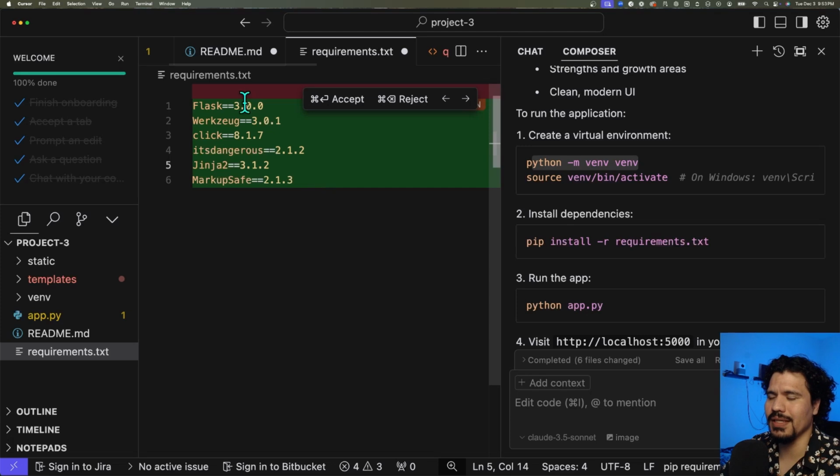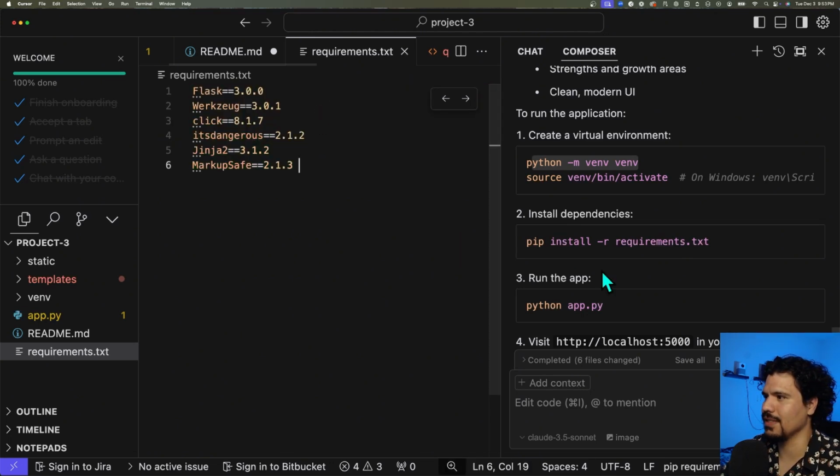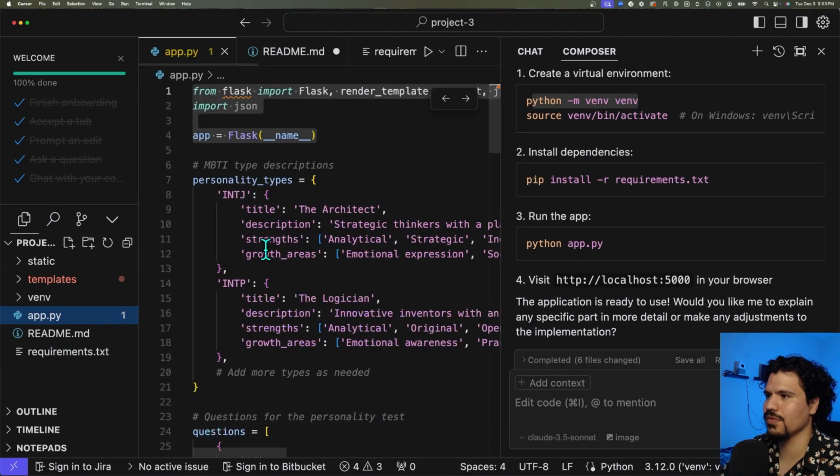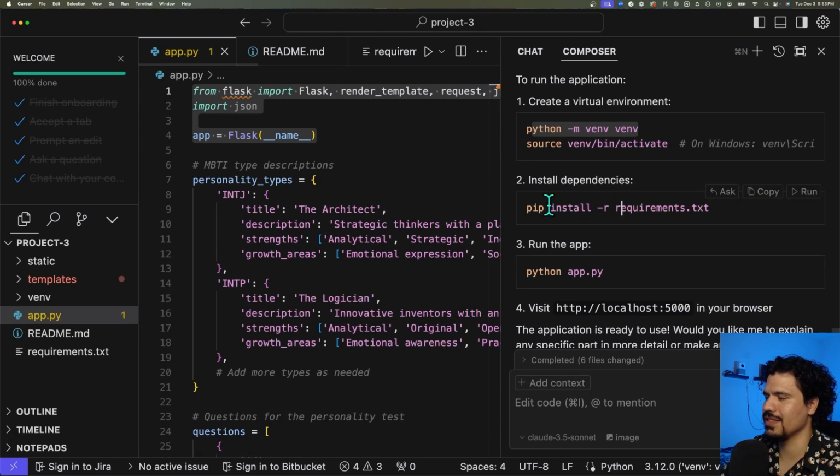And here we see the green and red diff. The red means things that were deleted, which before we had this blank space. The green means code that was added. So let's just click accept since we're going to be using that. And you can see here, let me see if there's anywhere else where we have green and red. Let's just click accept all. And then we're going to try to install those